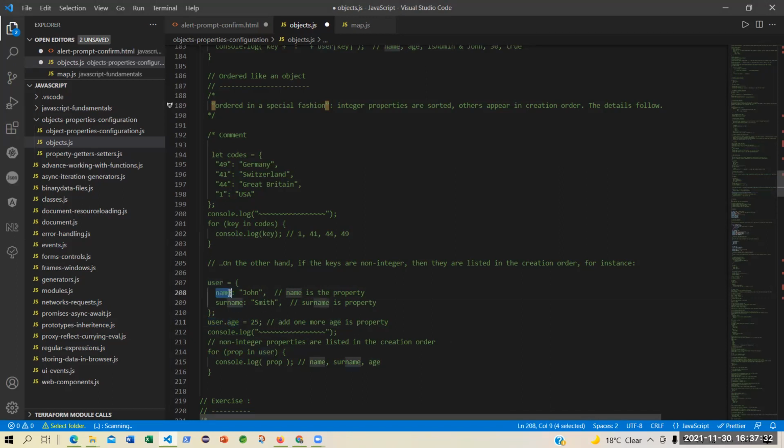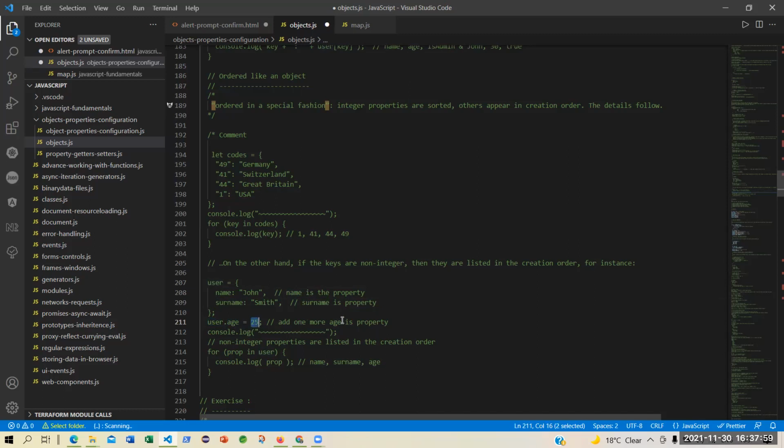So see, name and surname, you have already created an object of user like this with two properties. Then tomorrow you wanted to add another property. So you do not need to go here and do that. You just use the object dot age and equal to. Did we not do like this? Or did we do something else? Anyway, yes, sir, do this.